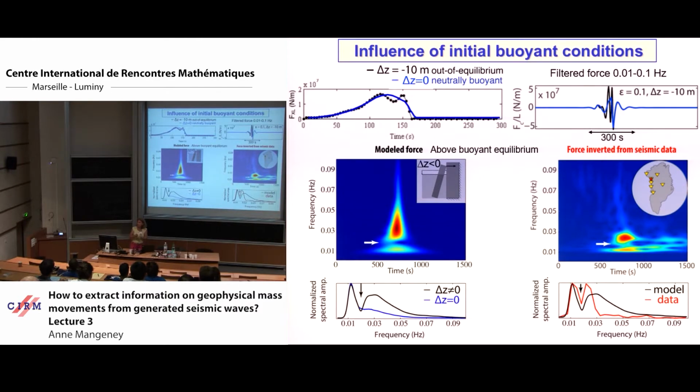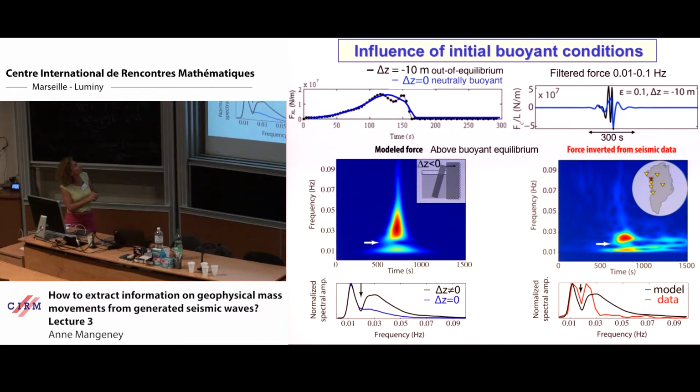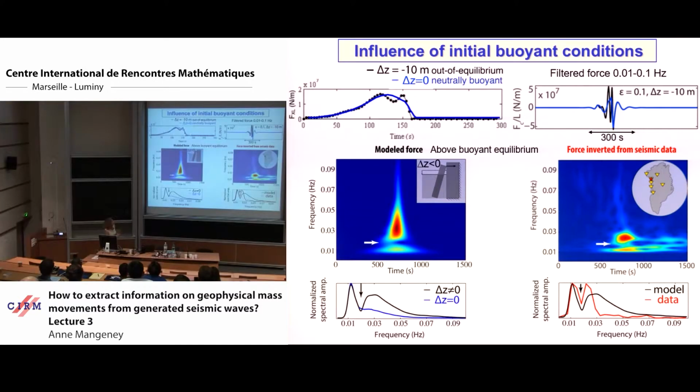So the last thing that is important is the position of the iceberg compared to the equilibrium. For example, if the iceberg is higher than the equilibrium, what you see is this black line here, compared to when the iceberg is neutrally buoyant. Until now you only saw this kind of shape in blue, where the force increased and decreased. But now if the iceberg is not at the equilibrium, you see some high frequency signal, oscillation of the force.